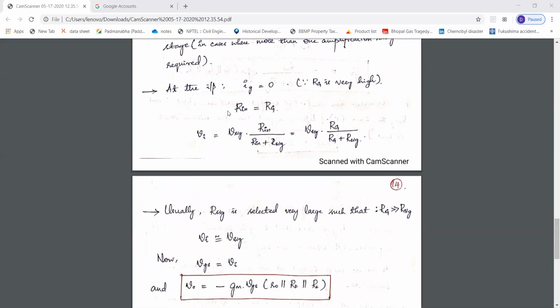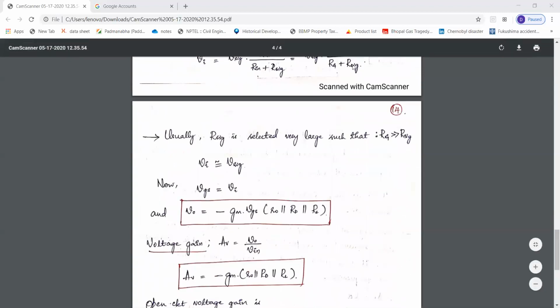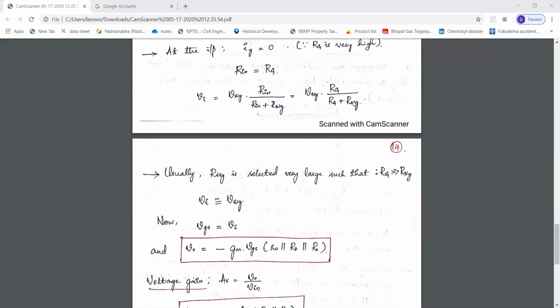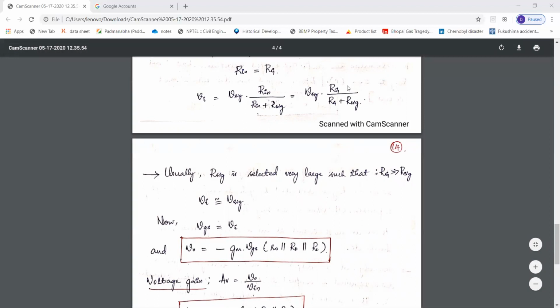Okay, now because Rn is equal to Rg, I'll substitute Rg for Rn. So we'll be getting this equation. Next, this Rsig is selected very large, such that Rsig is much greater than Rg. So this Rg plus Rsig will almost be equal to Rsig, isn't it? So now this Rsig and the Rsig that is present in the numerator will get cancelled. So Vi will be equal to Vsig, isn't it? So Vi is almost equal to Vsig when Rsig is much greater than